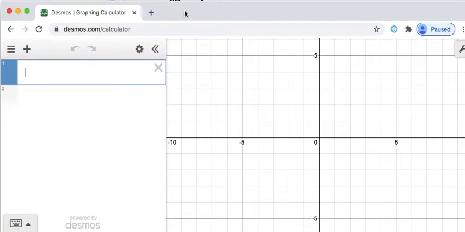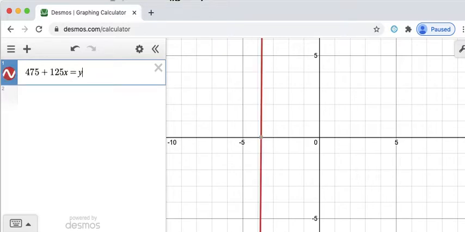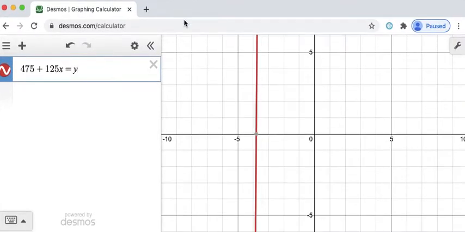So I would type that into the box. And there's the graph. Now, you can see the graph here. You can see the x-intercept, but it's kind of hard to see. It mostly just looks like a vertical line, and that's because my window isn't very good for the types of